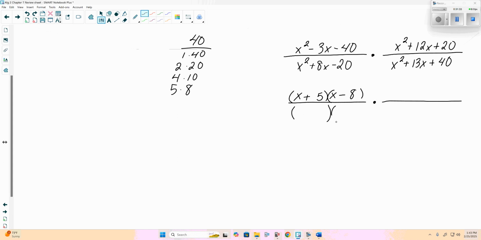Well, we can go on and finish factoring out the first one. So x squared plus 8x minus 20. Is there a greatest common factor between these three terms? No. Since the third term is negative, our signs are opposite. Factors of x squared are